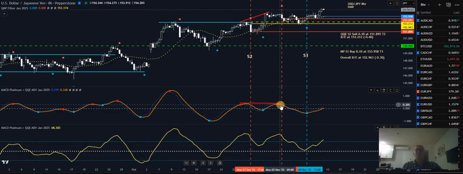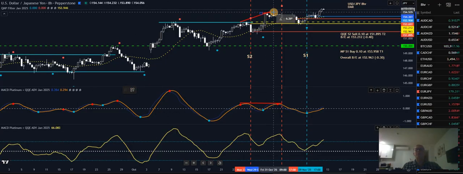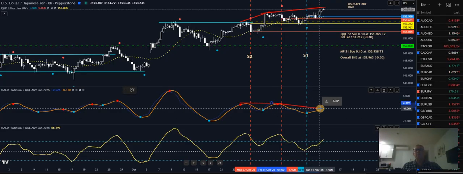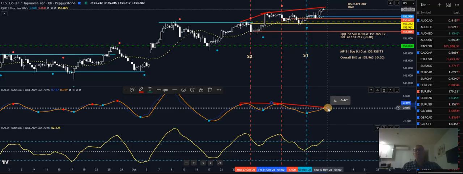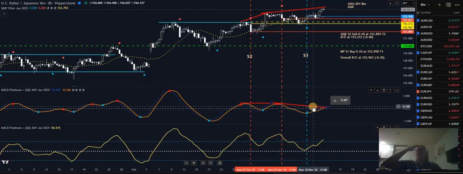So what have we got here? So we've got more divergence there. Let's just draw that up. So bearish. My eyes are playing up. Poor light. I had to turn the lights off for the video, would you believe? So there's there. So we've got higher highs on price and lower highs on the MACD platinum so far. But if we keep on adjusting this and it goes up like that, it's no longer valid. Just remove the trend lines. So we've got, yeah, more divergence as usual, regular type divergence on the yen pairs.